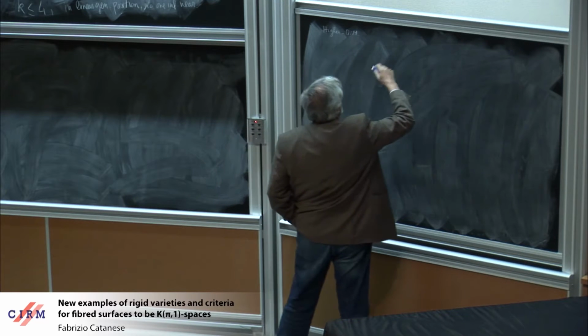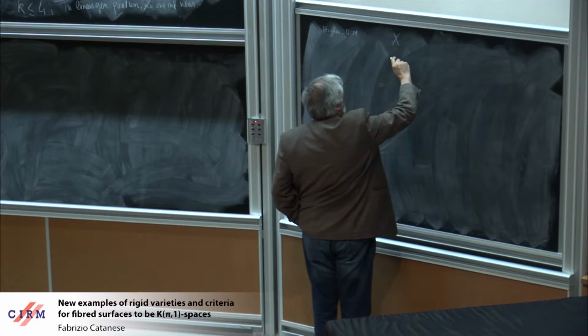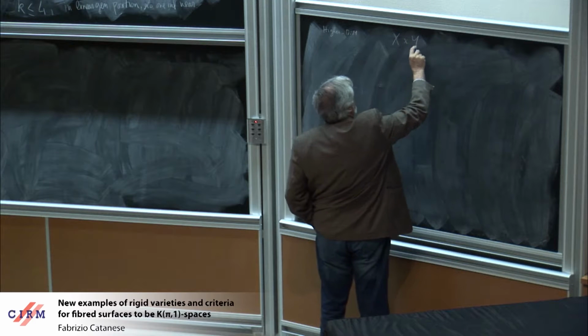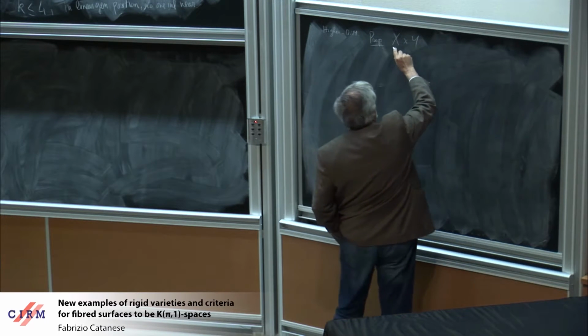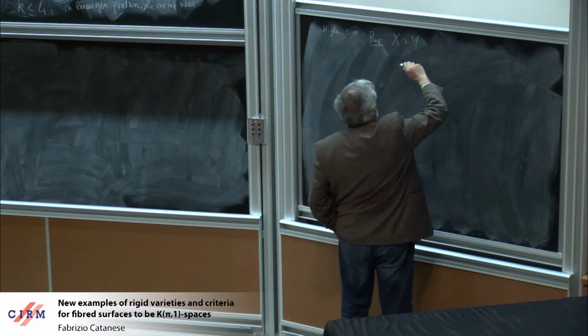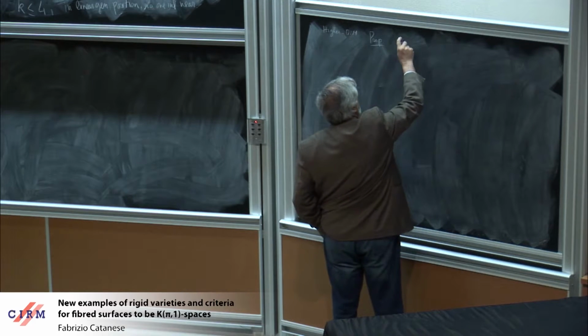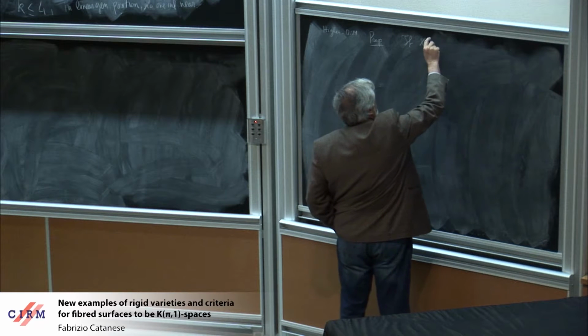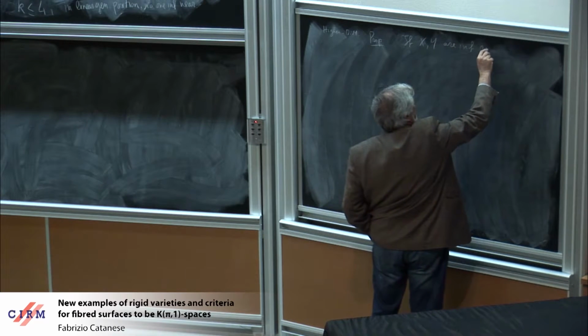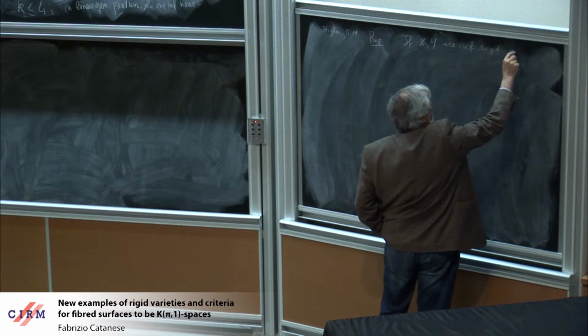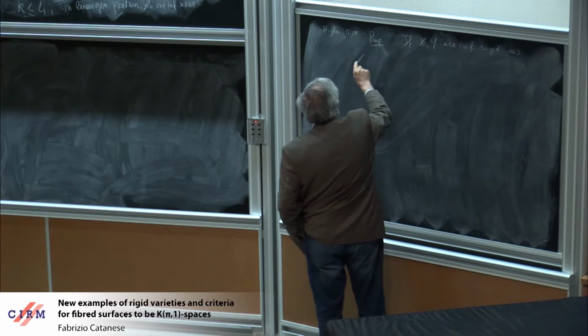The first thing is this proposition: if X and Y are infinitesimally rigid, then also the product is,